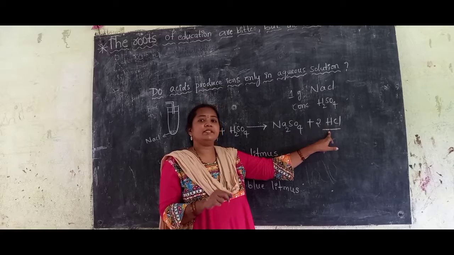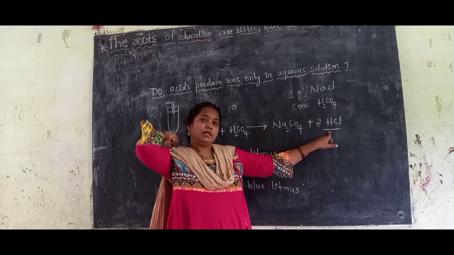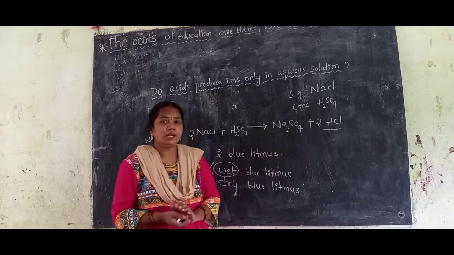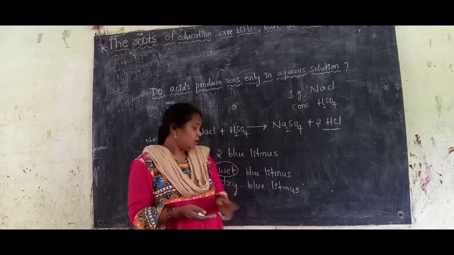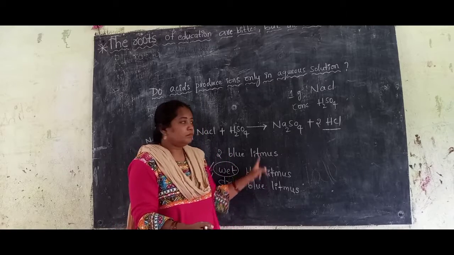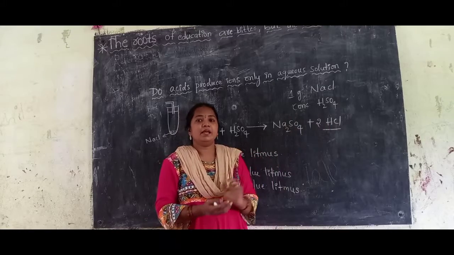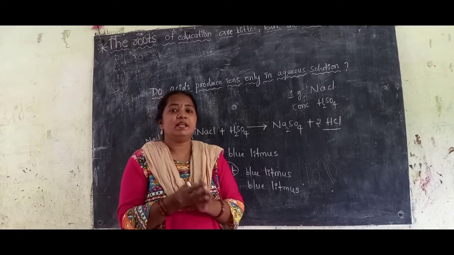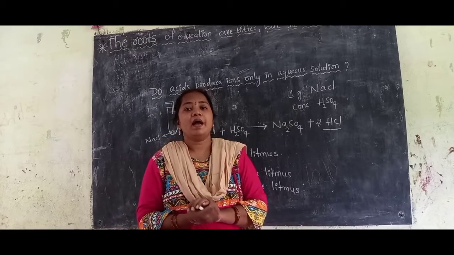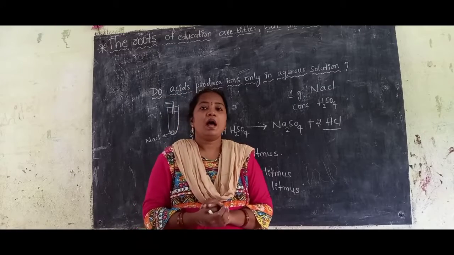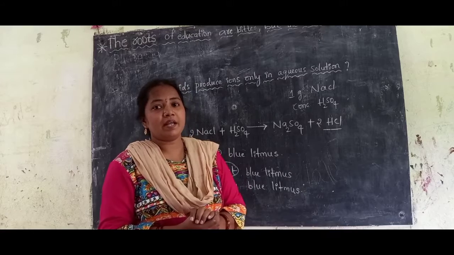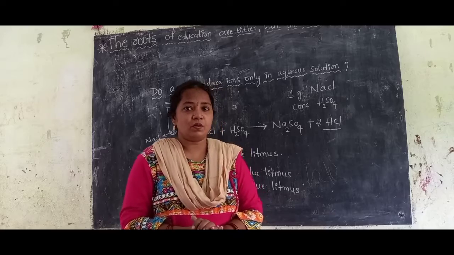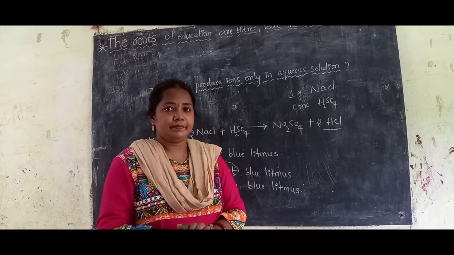Whereas this HCl, when it is diluted with water, that means in aqueous solution form, produces H plus ions. Therefore, the blue litmus is converting into red. That's why it is an acid. HCl in the dry condition we call hydrogen chloride gas, whereas HCl in the aqueous solution form we call hydrochloric acid. So hydrogen chloride in the dry condition does not act as an acid, whereas hydrochloric acid, the aqueous solution, acts as an acid.